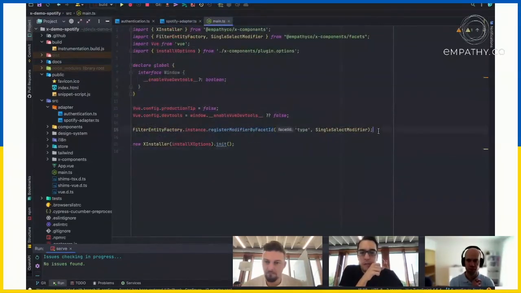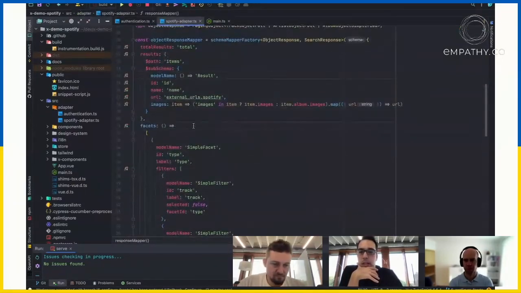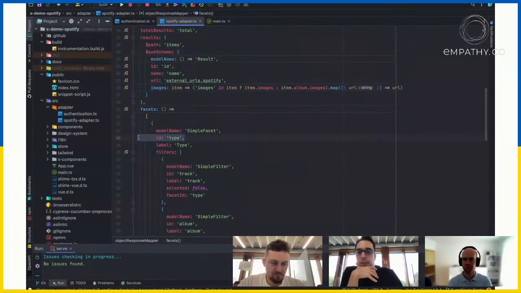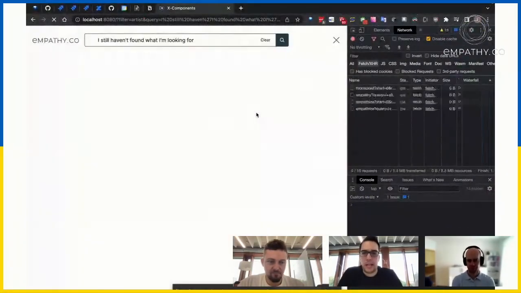So we have one line for that. Okay, we have a filter entity factory that is the factory that creates filters behind the scenes. Okay, and we are just registering a single select modifier for the facet with the ID type. Okay, remember that we put in the facet the real ID type. And with that, if I reload again,